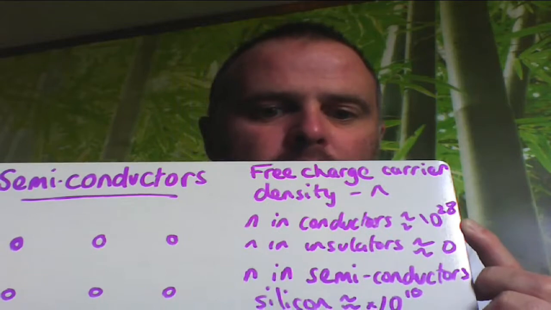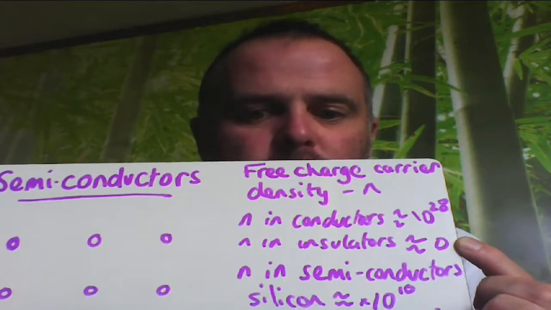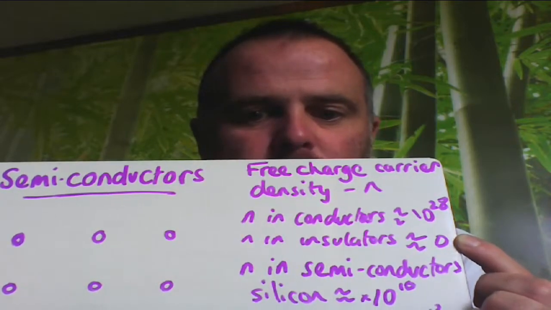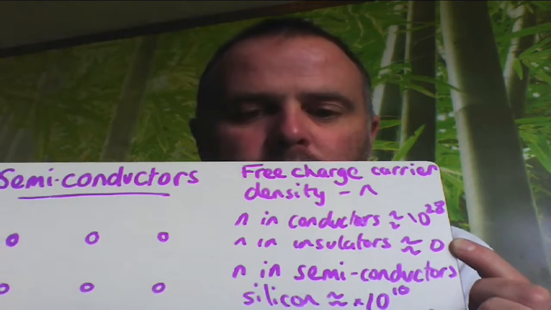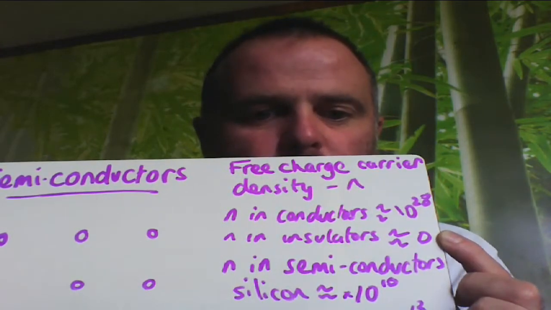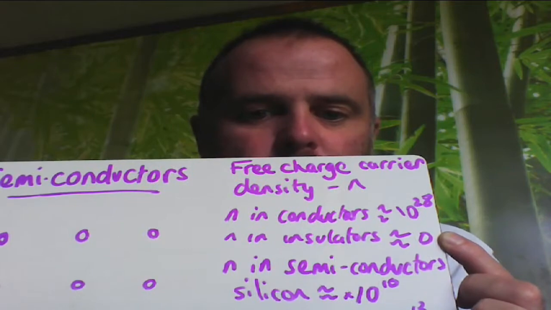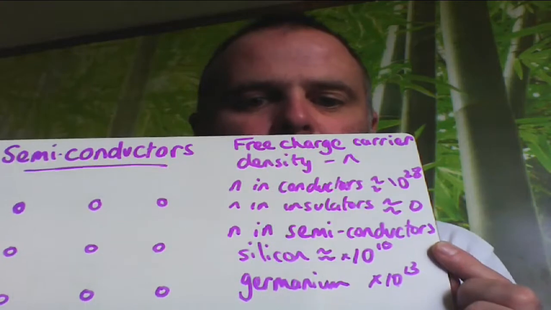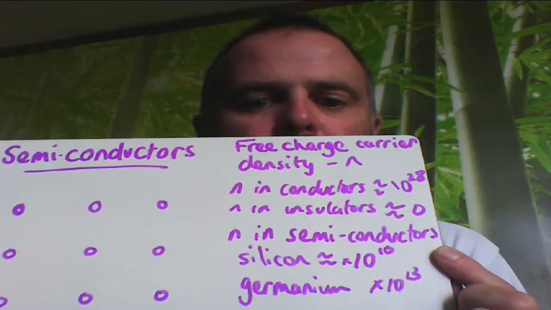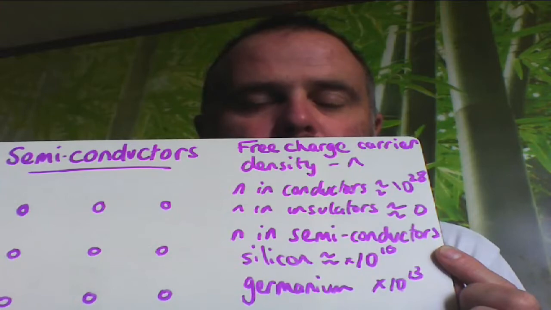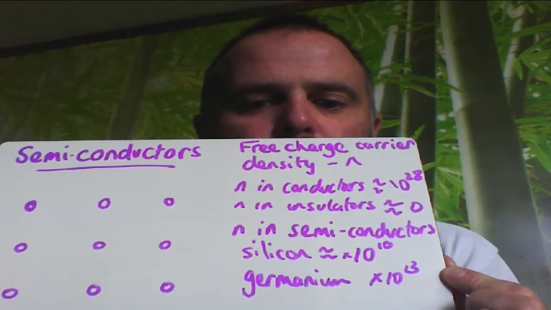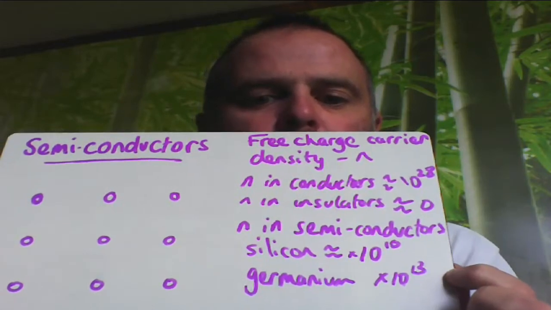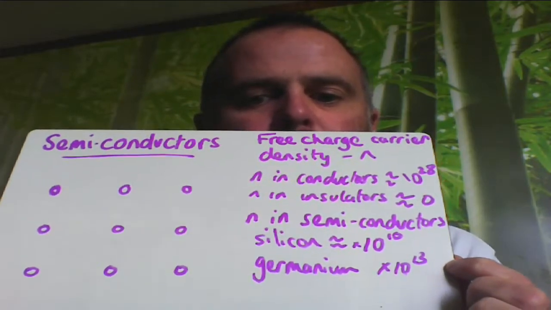Now, if we have an insulator, we could be close to pretty much zero free charge carriers. There's no charge carriers free to move around in plastics, for example, or in ceramics. So the number of free charge carriers in insulators is going to be pretty close to zero. So semiconductors are somewhere around the middle. Silicon is around 1 times 10 to the power of 10. Germanium is about 2 times 10 to the power of 13. But these are approximate ballpark figures. Okay, now